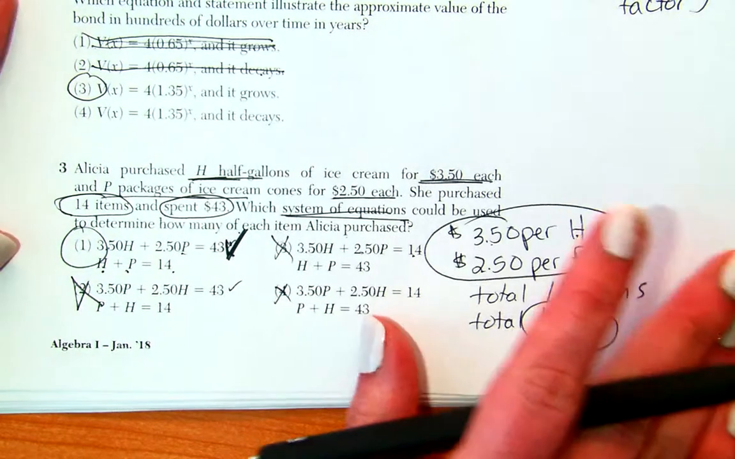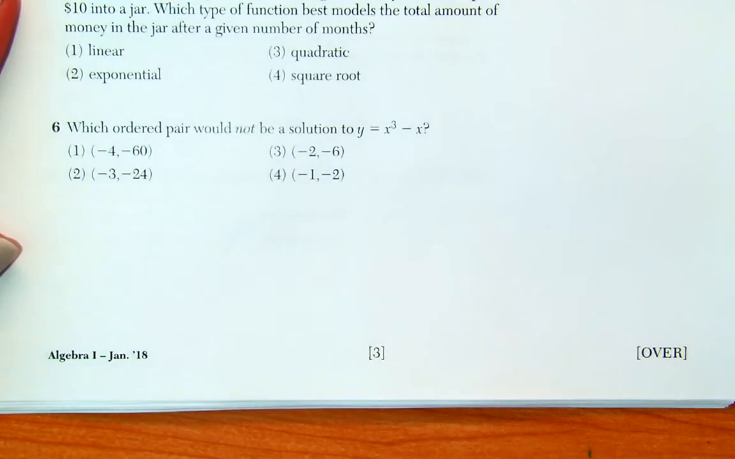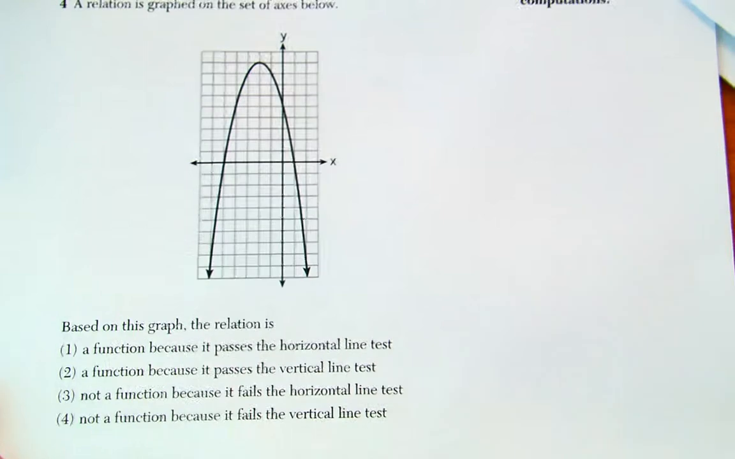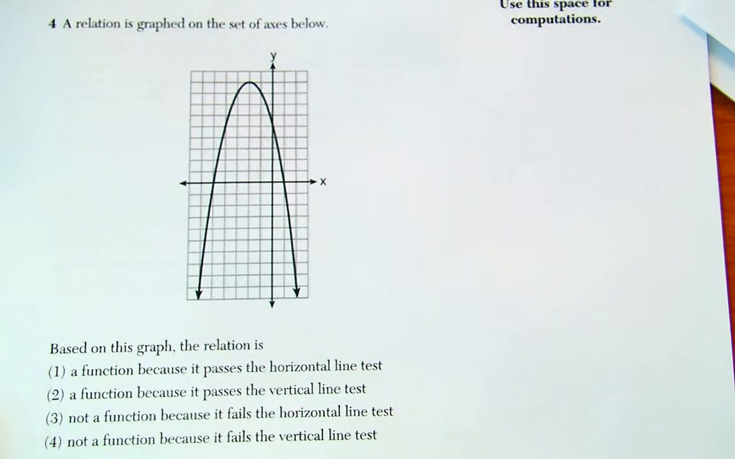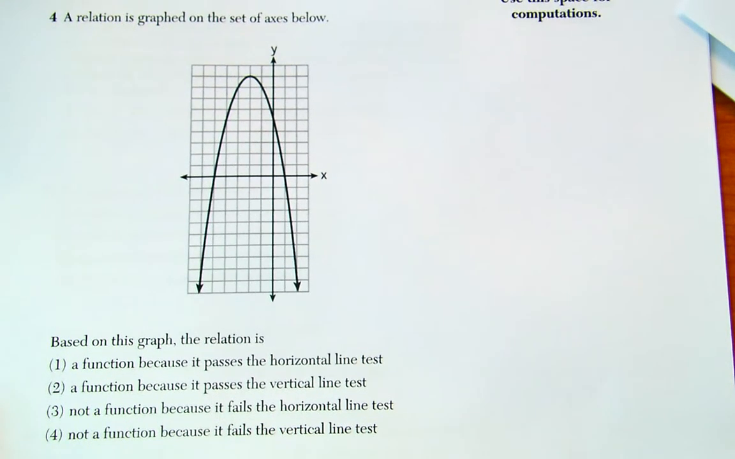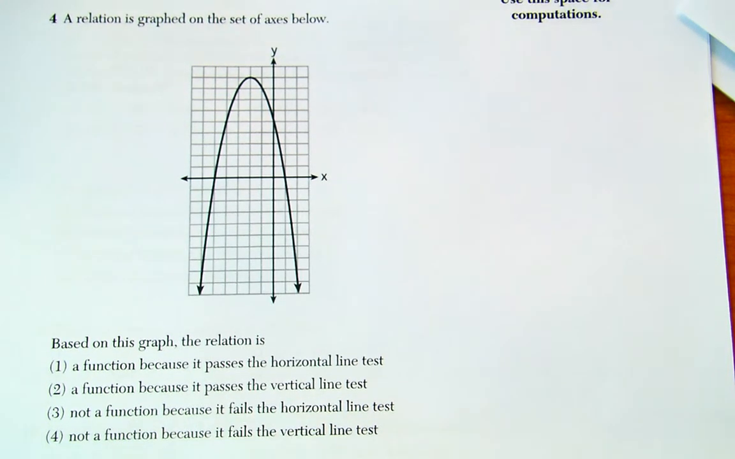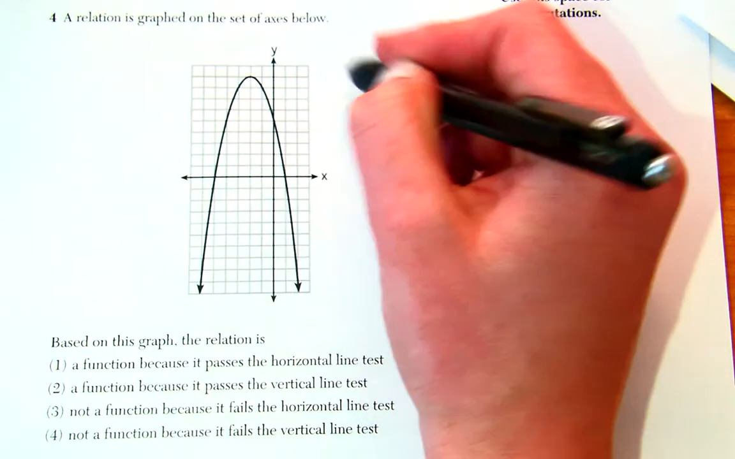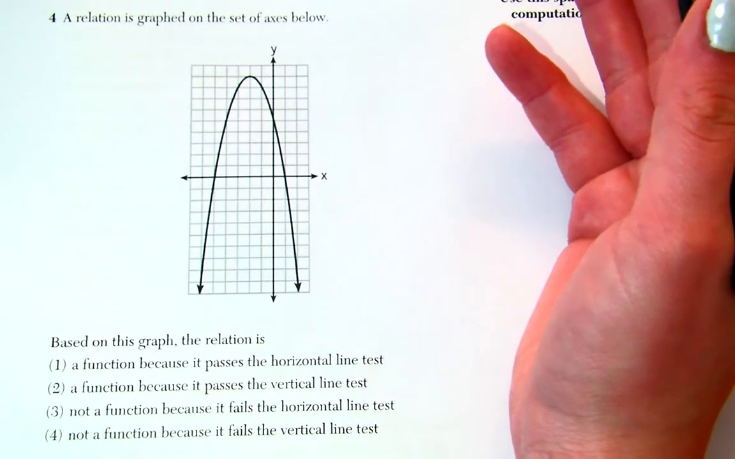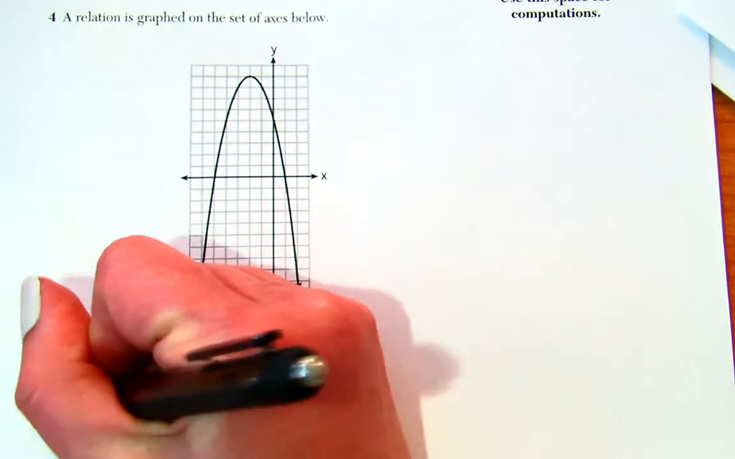All right, so let's take a look at example number 4. So for number 4, it says a relation is graphed on the set of axes below. Based on this graph, the relation is a function because it passes the horizontal line test, a function because it passes the vertical line test, or not a function. So just by looking at this, I know that it is a function, so that gets rid of choice 3